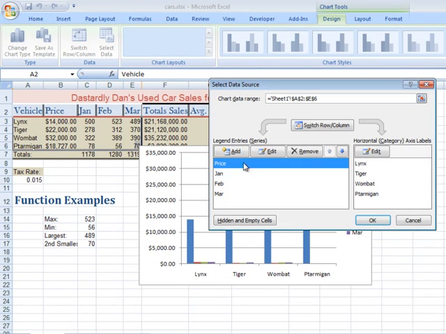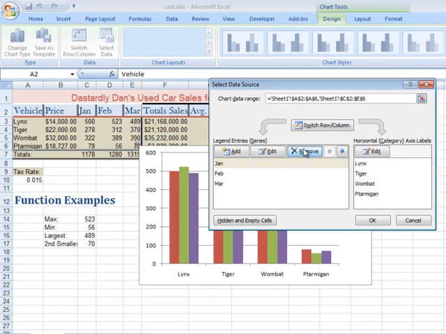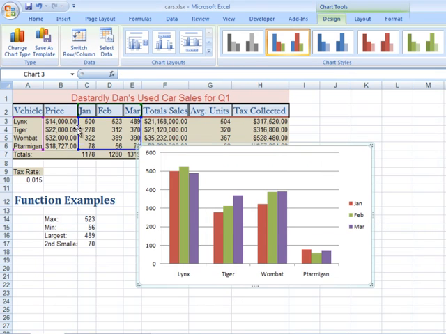So I can click on add, or click on price, and now I can remove it. Now my chart is starting to look a little bit better. So if I click on OK, I can now see that the data that was selected for my chart is a little bit of a different shape. So I have in blue the data points that are going to be plotted. In green, this green outline here shows my series labels, and over here in purple I have my category labels,